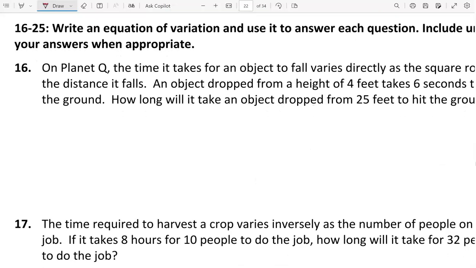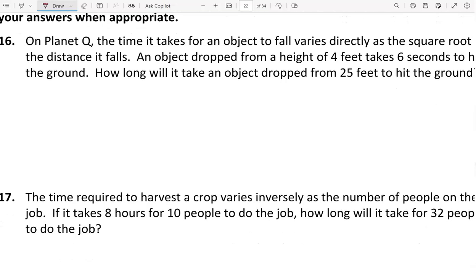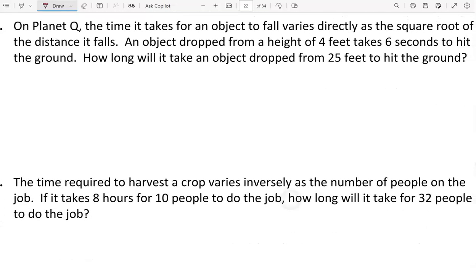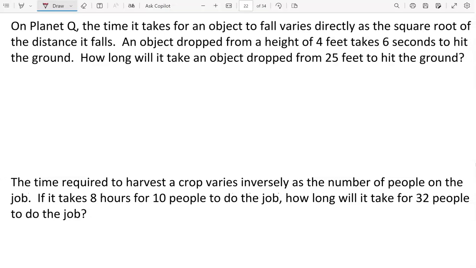In 16 through 25 we have word problems, but they're going to suggest an equation of variation, and we're going to include units in the answers when appropriate. In number 16 we talk about planet Q. And on planet Q, the time it takes for an object to fall varies directly as the square root of